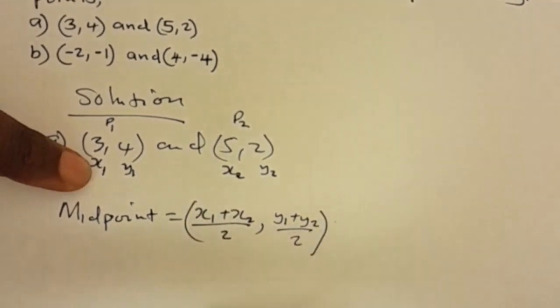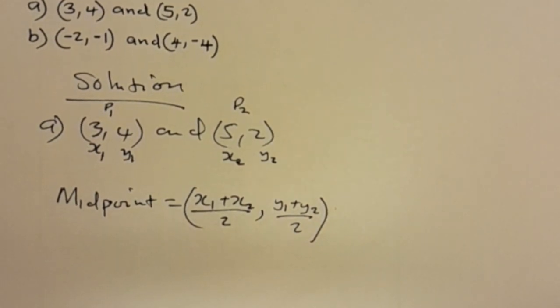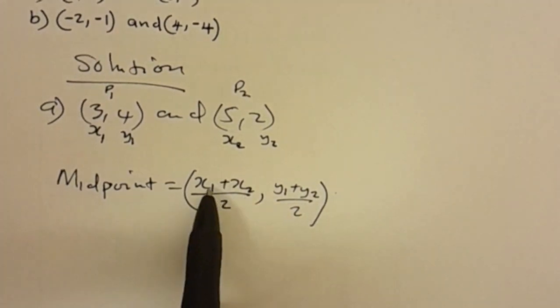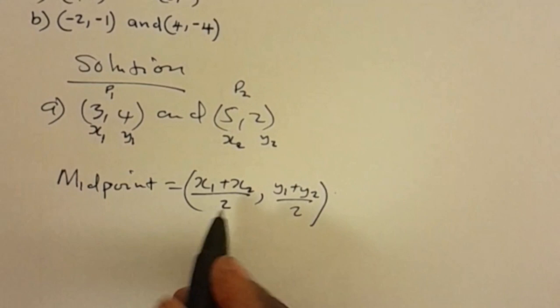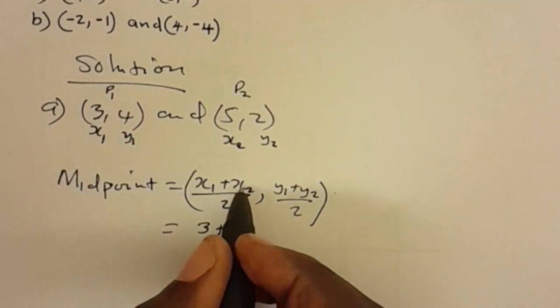So this is the general formula for finding the midpoint. Okay, so now we begin to replace our x1 is 3, so we're going to say 3 plus x2